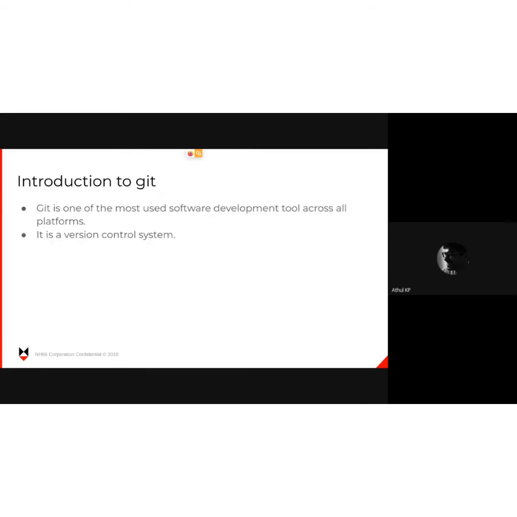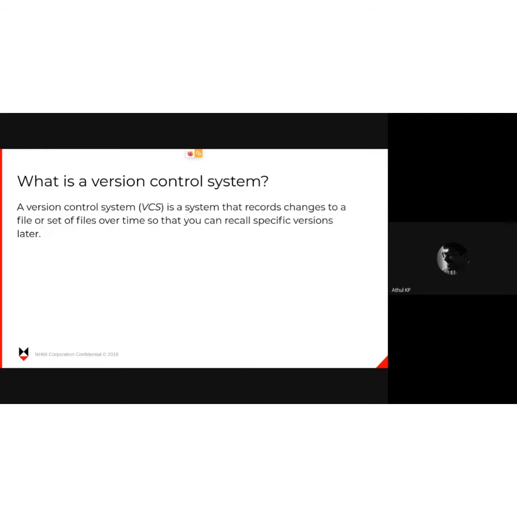We'll start. So Git is one of the most used development tools across all platforms, not only Python, but even designers use it. It's a version control system. A version control system allows you to record changes to the files in your project, whatever it may be, and you can look back in time and look back in those files and find the specific version of them you